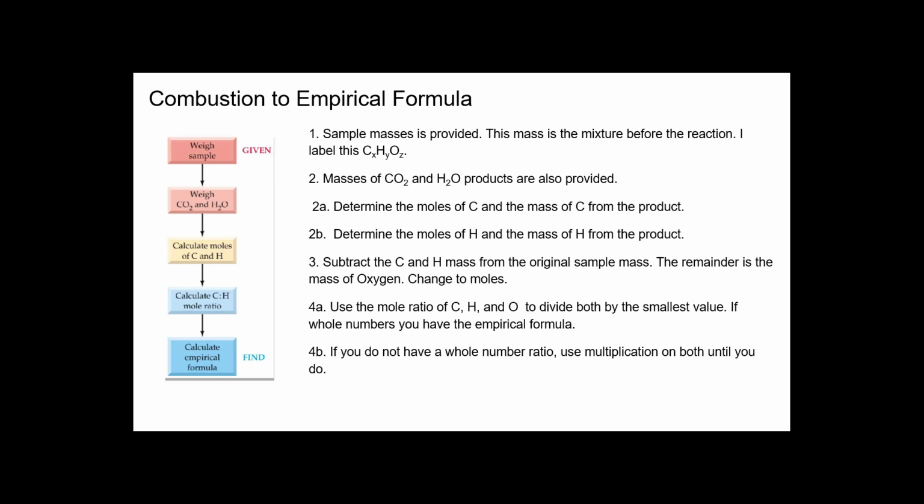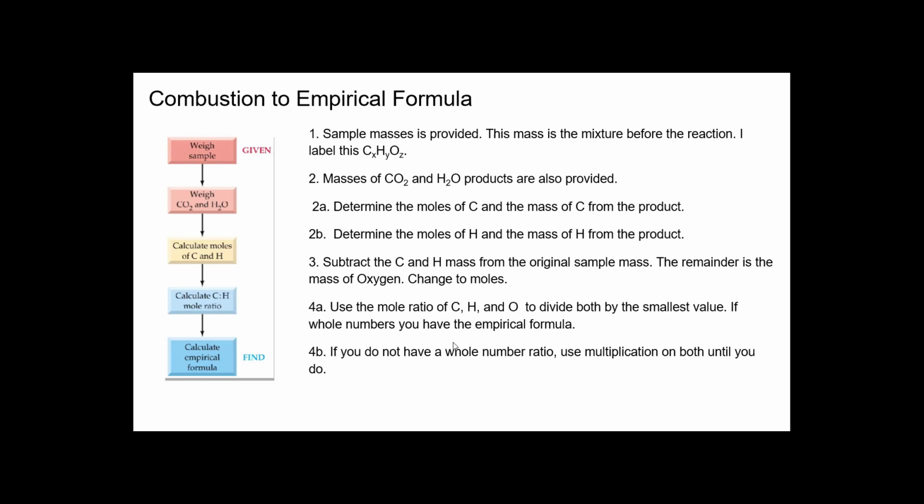So between what you start with and what you end up with, we can figure out the mass and the moles of carbon and hydrogen. Once we get the masses of both of these, then we can subtract from the original sample to get the oxygen mass, and then we can change that to moles. Once we get the moles, then we can divide by the smallest value, which will give us the empirical formula. And if you don't have whole numbers, you can use multiplication on everything until you do. And if you are given a molecular mass, then you can also continue on to determine your molecular formula,